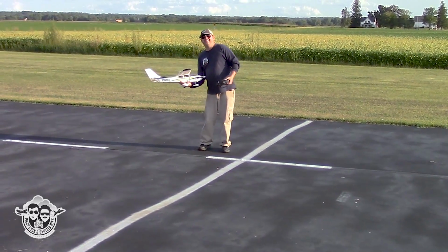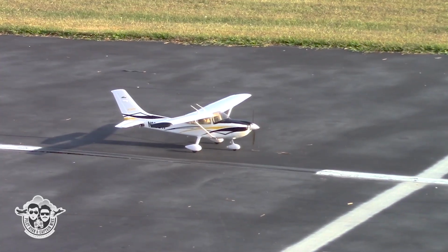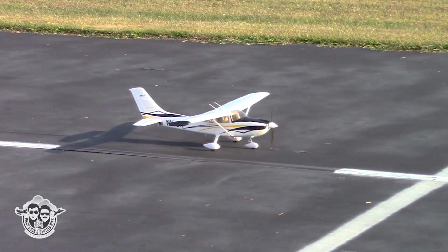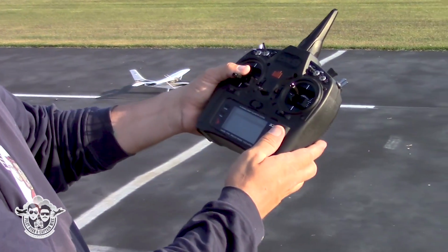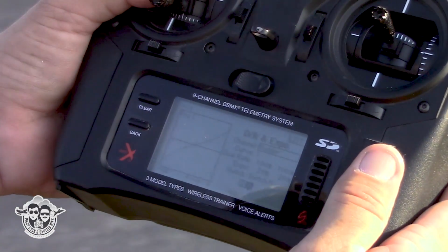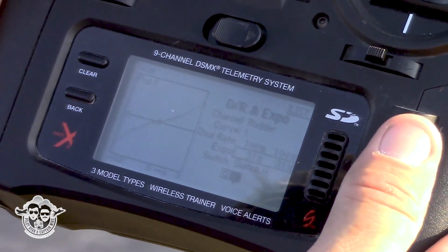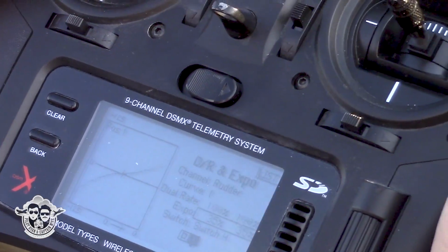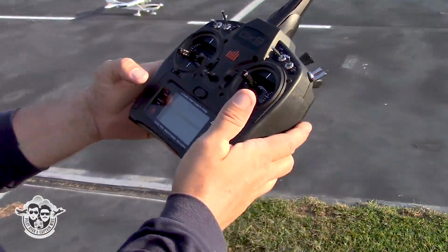It's solid, man, for a little dude. I liked high rate last time, but that nose wheel is very sensitive. So what some guys do, I'll do it right now, Bobby, some guys put loads of expo on their rudder to help that, or you can mess with the throw, obviously. I'm just gonna put loads of expo on it. Like, for me, 35 is a lot, and I'm gonna do that for high and low. Low doesn't need it though because it's low. All right,